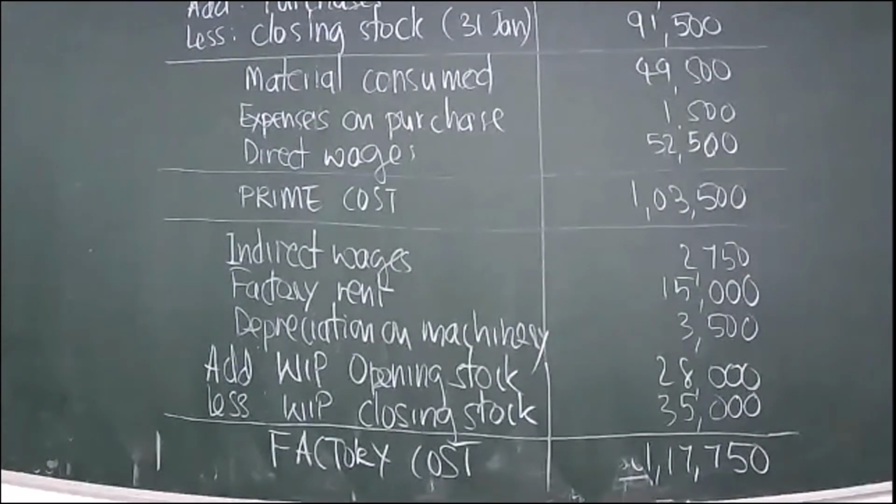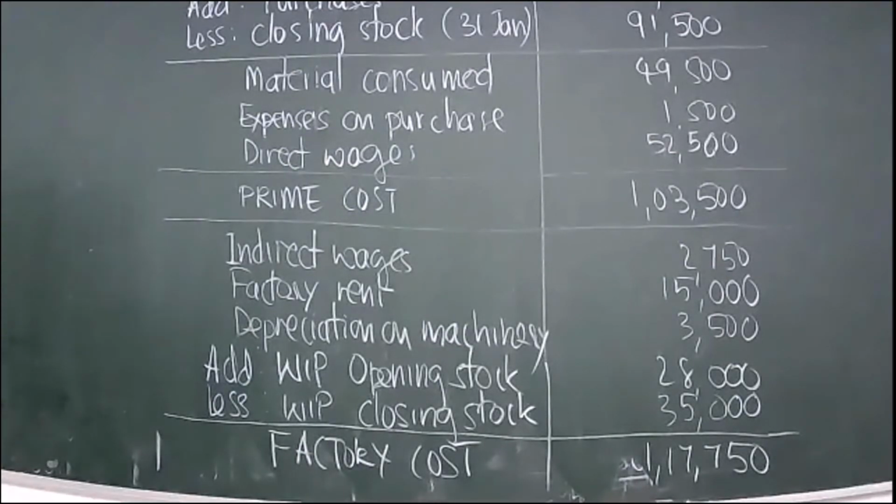In the meanwhile, I happened to notice the chat. Someone sent a message: how is depreciation included? So why is depreciation included here? You have to remember that the depreciation here refers to the depreciation on machinery, which is a part of the factory overhead. Someone has also asked why I did not calculate the total factory overhead.